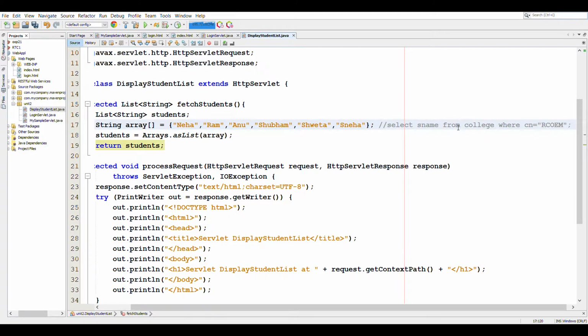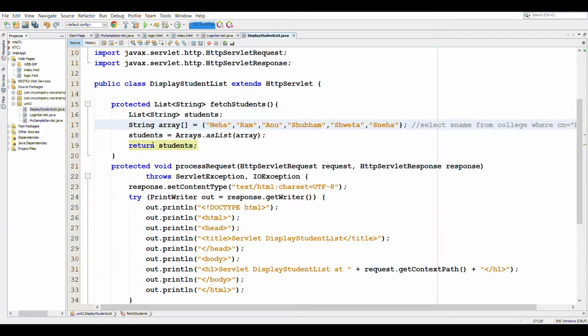This can be done, but for now I am just hard coding the values and we are returning this array as a list.